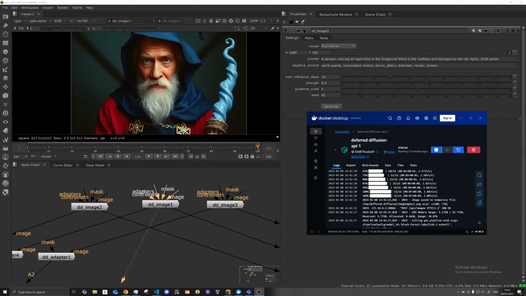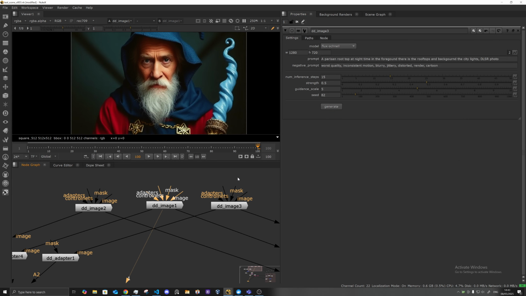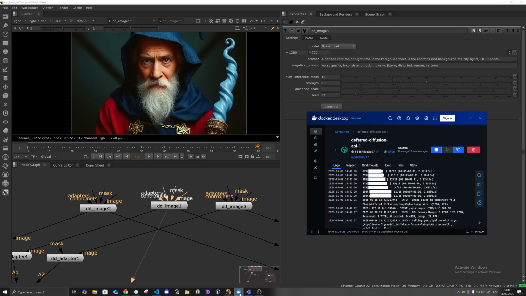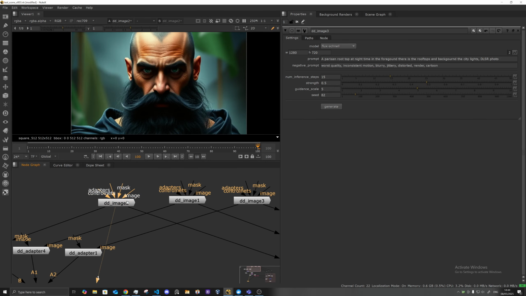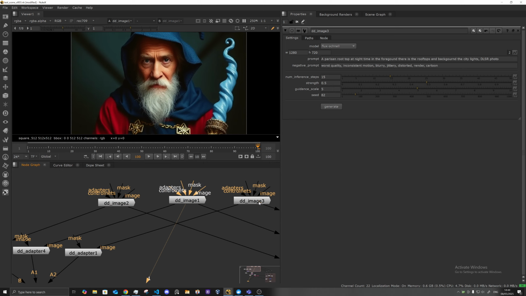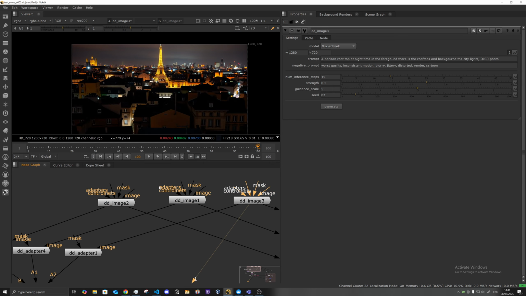Hello, so I've got the toolkit and API working in Nuke now, as well as making things run in Docker to allow deploying on the cloud or on another node in a network a bit easier. So I've mainly been focusing on the base image nodes here, so the basic image generation,